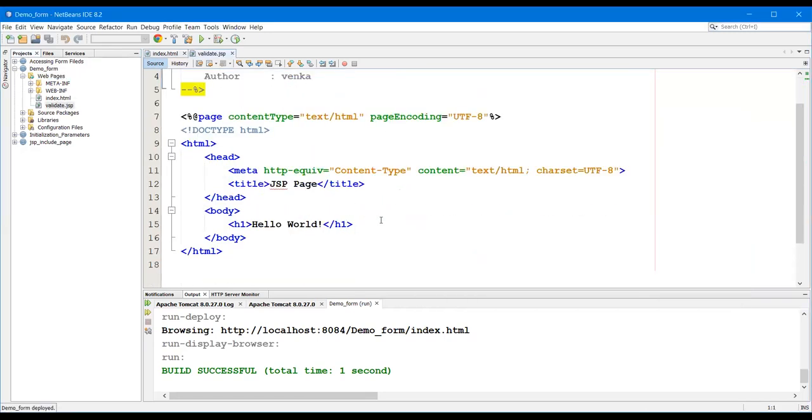Here we need to print Welcome, and whatever name we give, that name we need to get here.